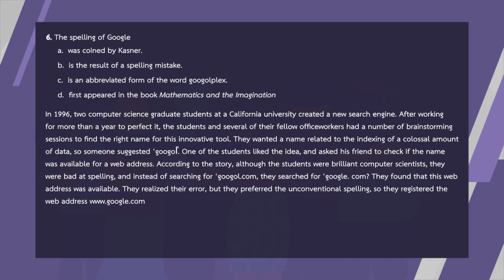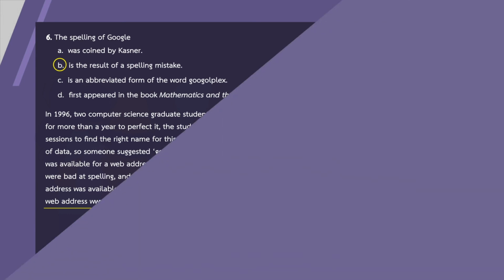Okay, and the last one, the spelling of Google การสะกดคำว่า Google นะคะก็ไปหาการสะกดนะคะ spelling แล้วก็คำว่า Google อยู่ตรงไหนคะอยู่ตรงนี้ค่ะ instead of searching for GOOGOL.com they searched for GOOGLE.com ตรงนี้ก็คือ they realized their error but they preferred the unconventional spelling เห็นไหมคะเขารู้ว่าสะกดผิดแต่ก็ยังจะใช้นะคะเพราะฉะนั้นอันนี้ก็คือ is the result of a spelling mistake เป็นผลมาจากการที่เขาสะกดผิดนั่นเองโอเค